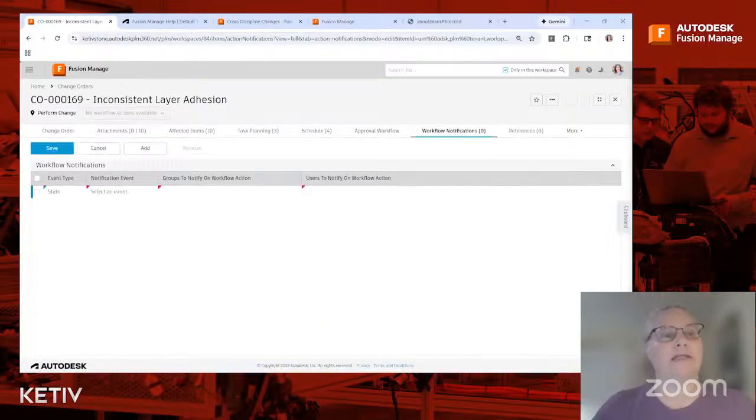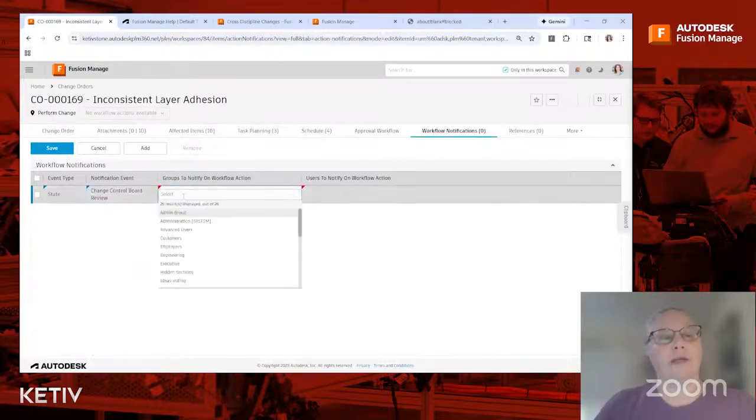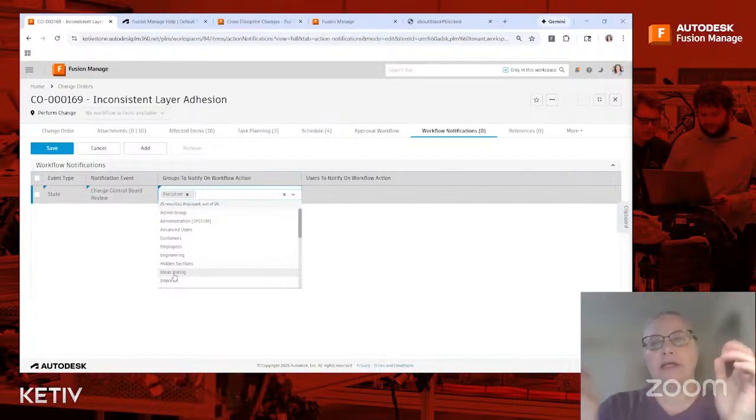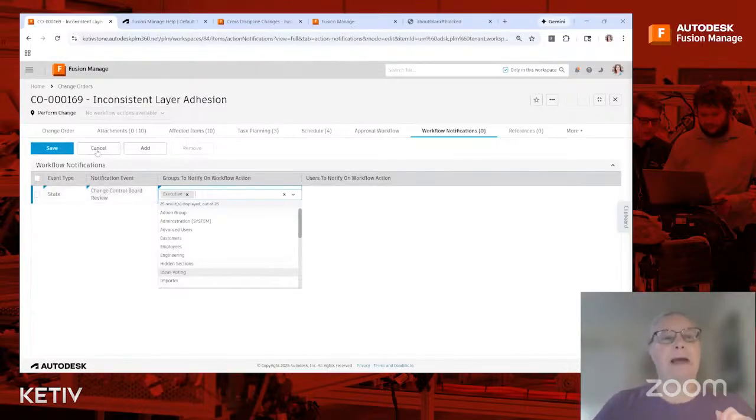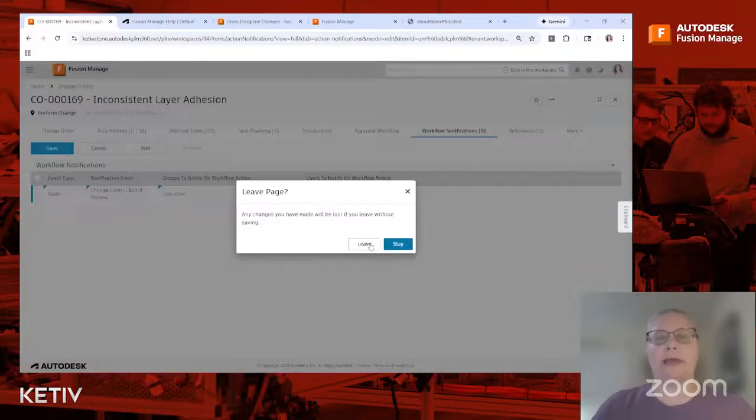So I could go in and say, anytime something goes to the change control review, I want to let my entire executive team know. They're probably not involved in the work, but this way I can notify them. Or if I have specific users, like maybe suppliers, I don't want to send it to every supplier in my system, but I really know that Sally Supplier needs to know that we had this layer adhesion problem. So I just wanted to pop in on that, but let's go back to the back end